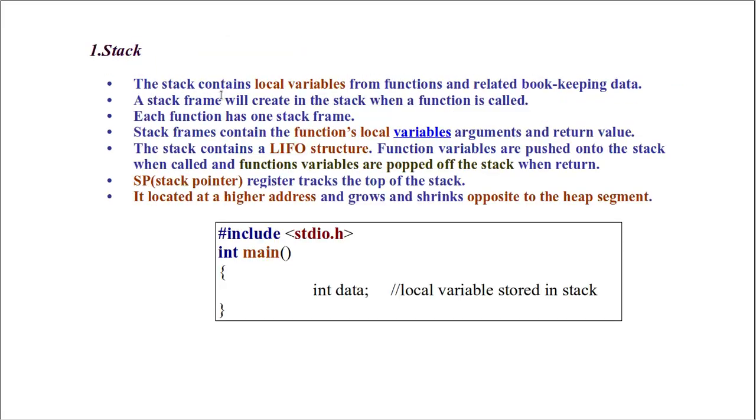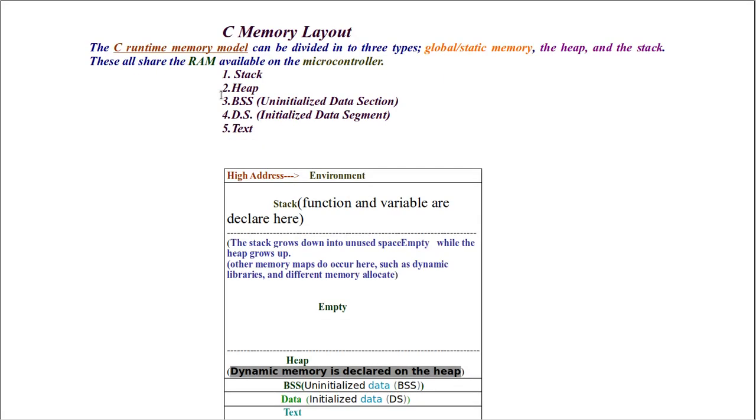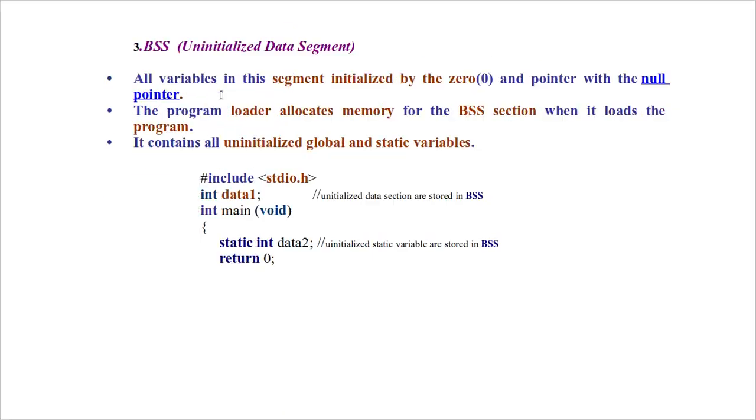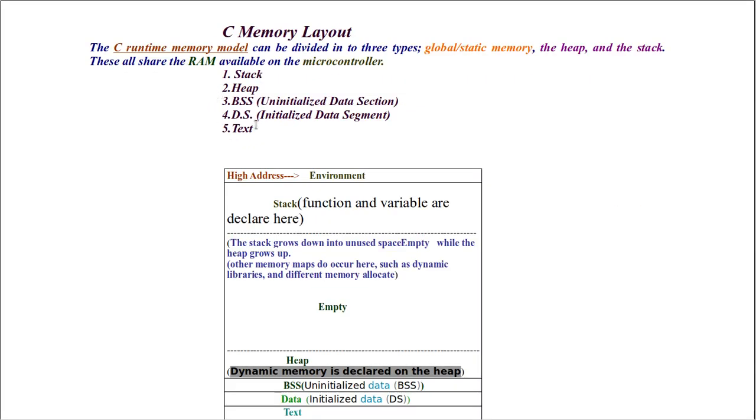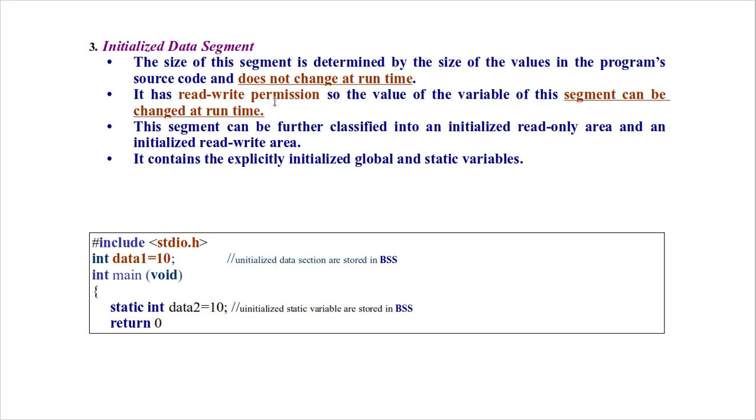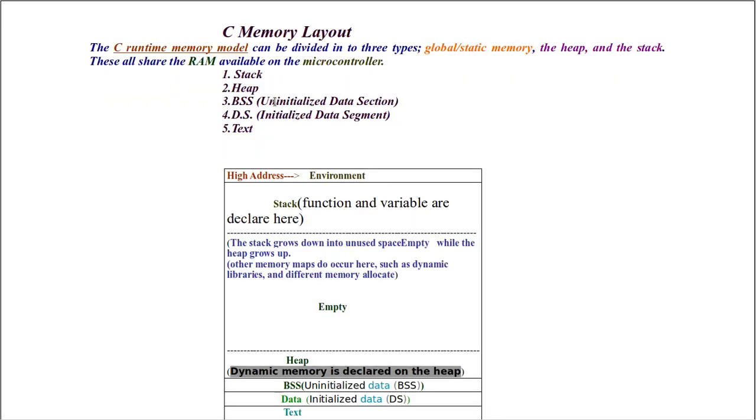So these are the basic C memory layout topics which will be useful for you for interview purposes. And the text section is nothing but our whole code area, which is known as the text section. These are the basic C memory layout. You should pause the video and make notes so that it will be beneficial for an interview,